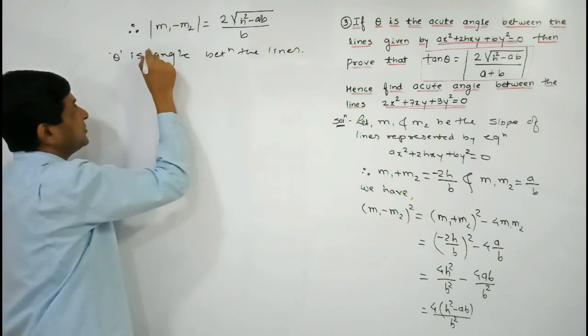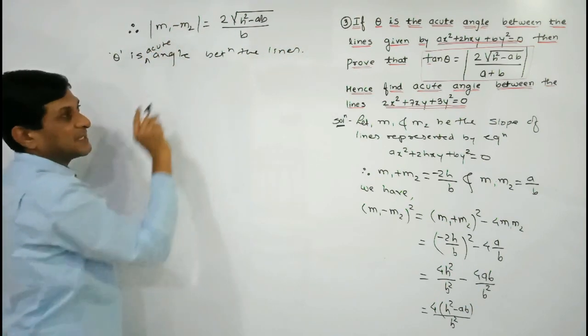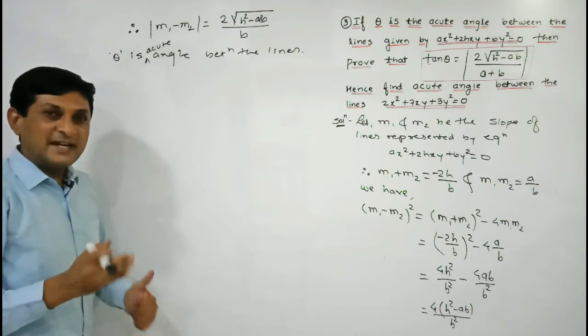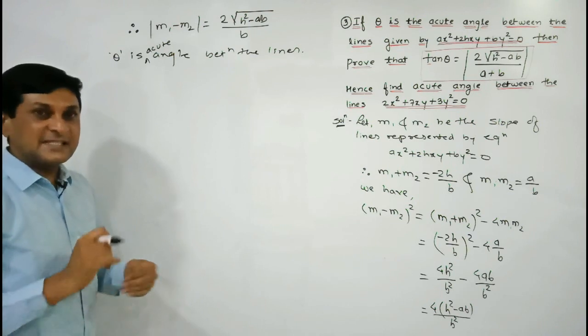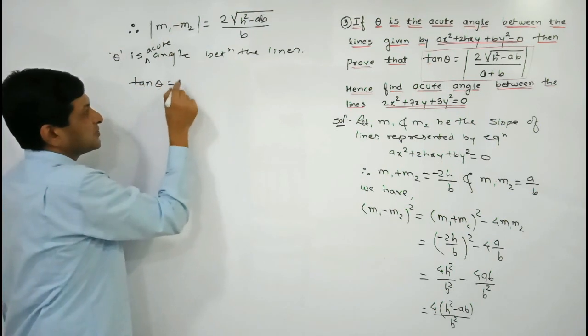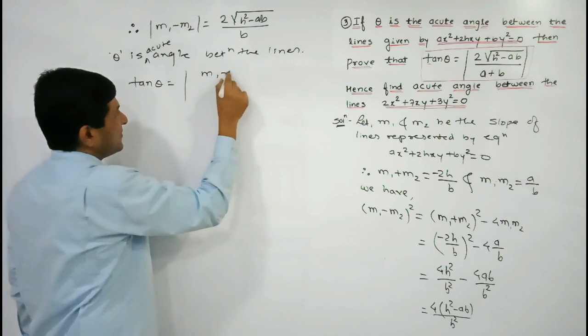Theta is the acute angle between the lines, it is given to us. Acute angle means less than 90, and for angle less than 90, the values of trigonometric ratios are positive. So tan theta is equal to mod of m1 minus m2